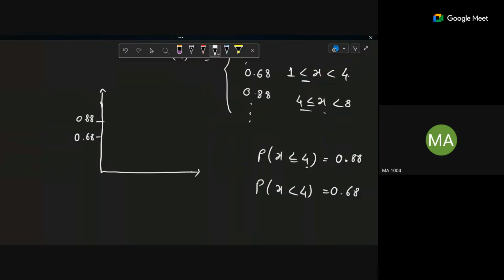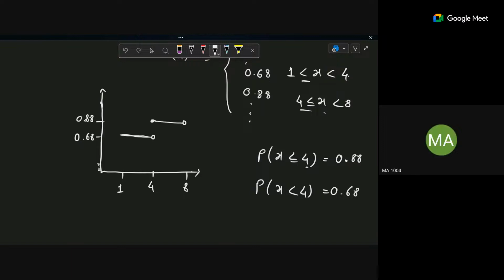Okay, somewhere here it will be 4 and 8 here and 1. Fine. So from 1 to 4 your graph is like this, right? But 4 is not included, right? Excellent. But here when it's starting with the 4 going to 8, it's